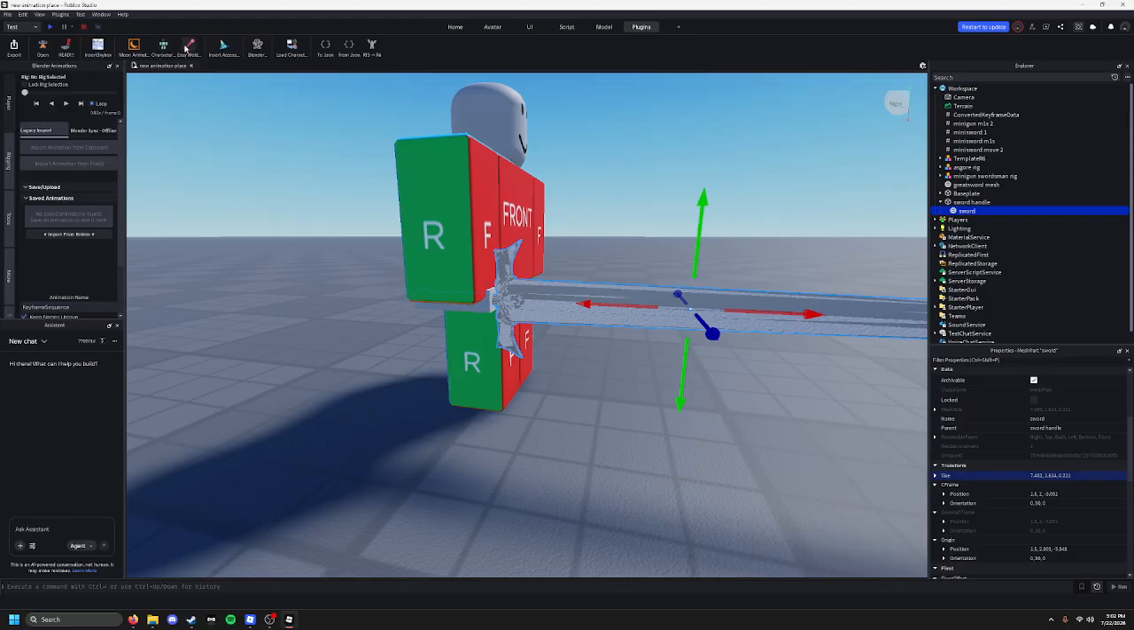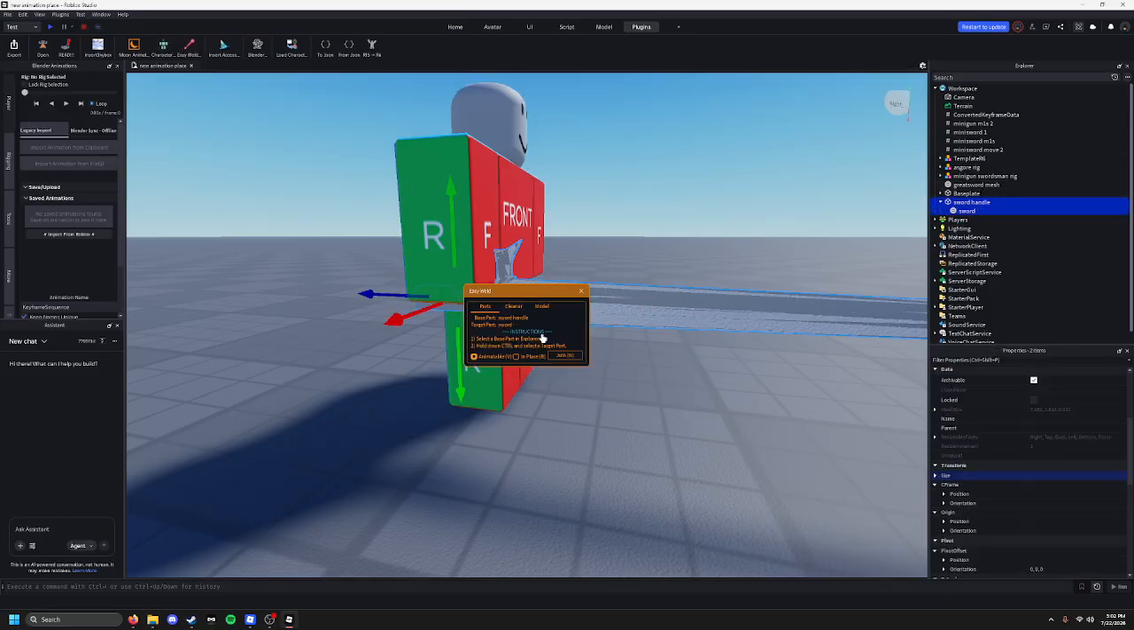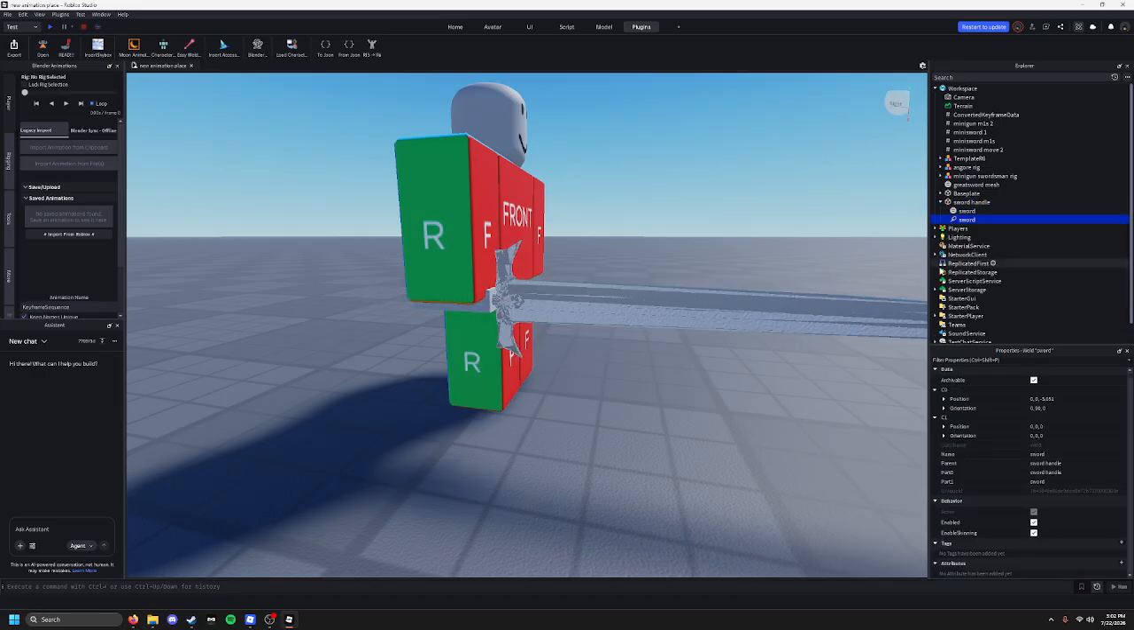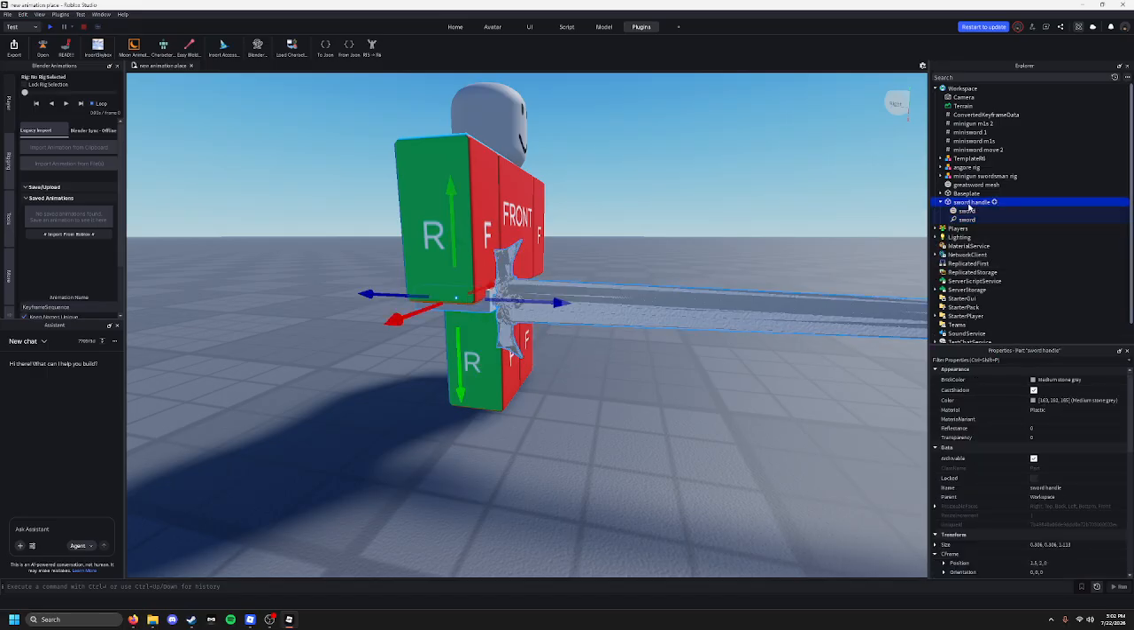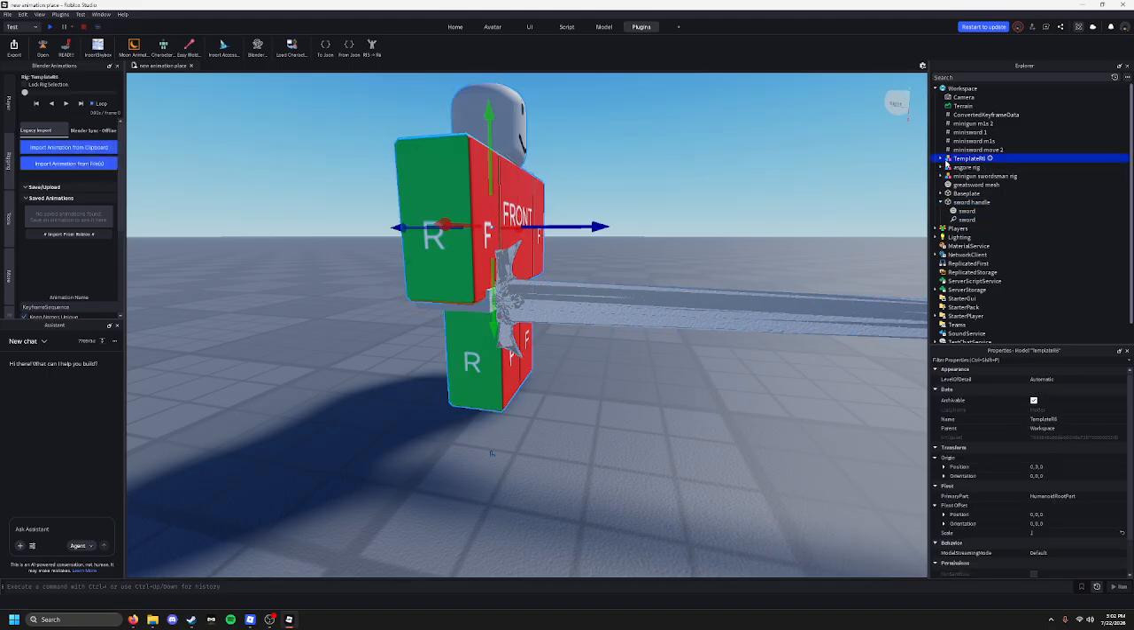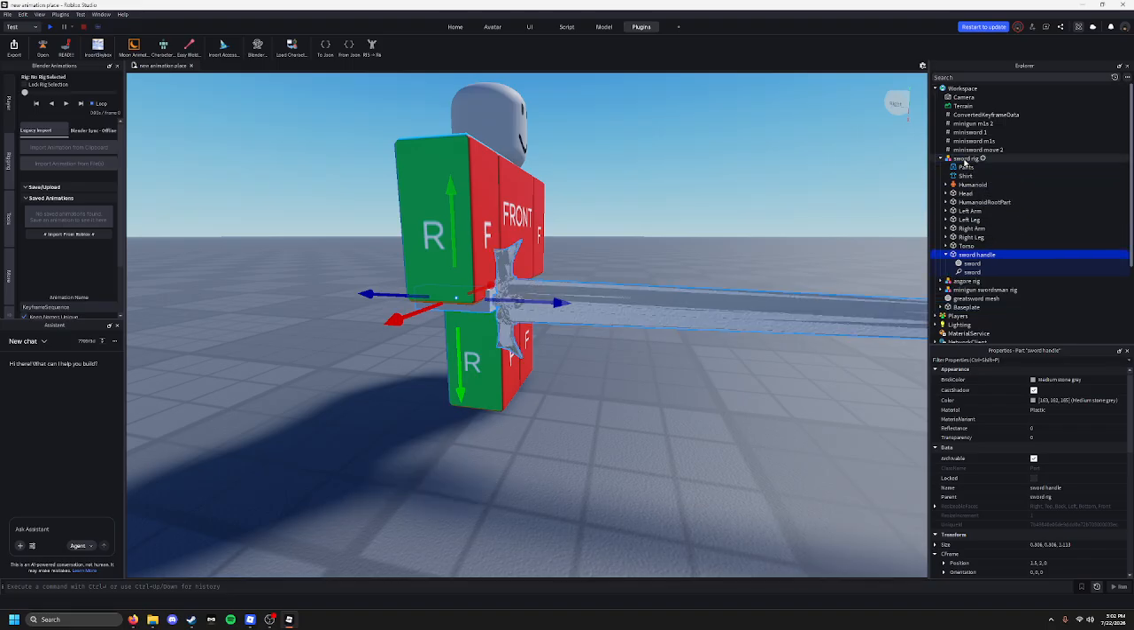Come over to plugins, easy weld. And I'm going to join, not animatable, join in place. And now take the sword handle, find your rig. I'm going to call this sword rig. Drag in the handle, and then